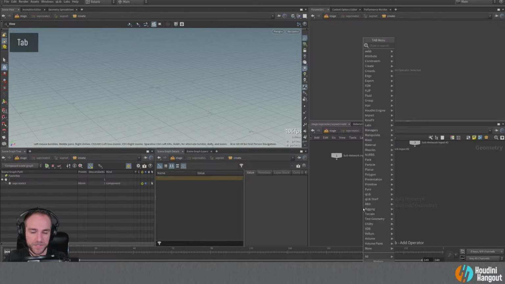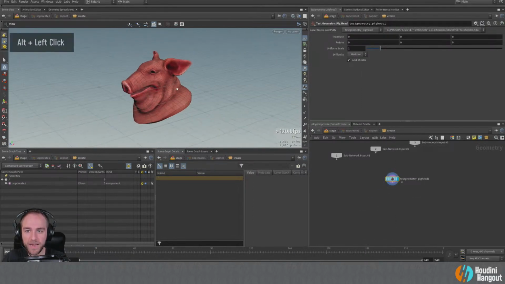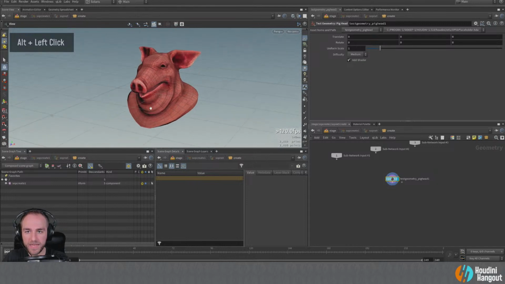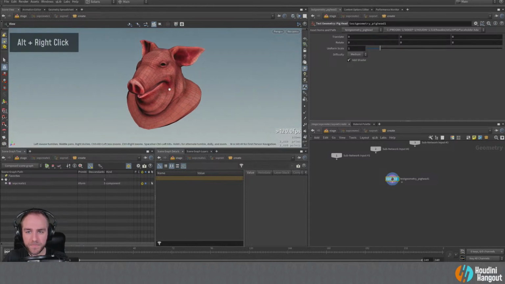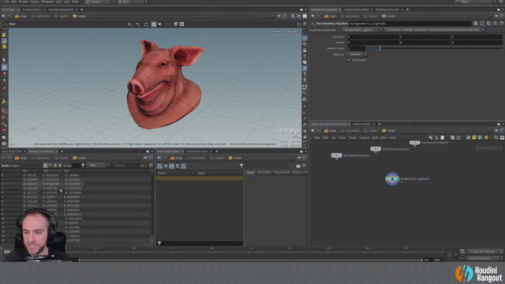And so what we can do is start to work with some geometry here, right? I'm just going to go to the trusty old pig head, and we're going to use some more interesting stuff in a little bit. But so we've got our pig here. We could keep our grid on, whatever. So let's look here. I'm actually going to put the geometry spreadsheet down here. I'm going to do an inspector and do a geometry spreadsheet just so we can at least see what's going on here.